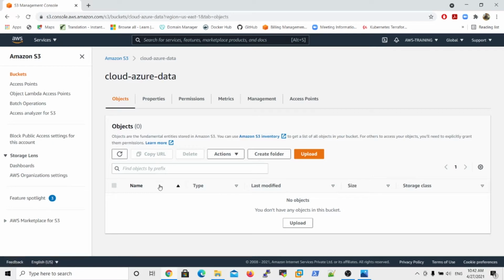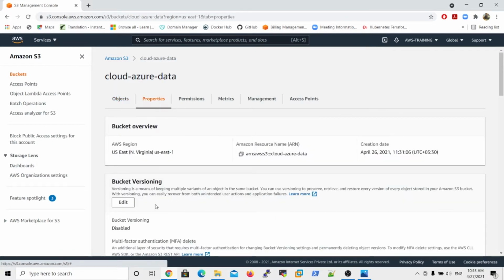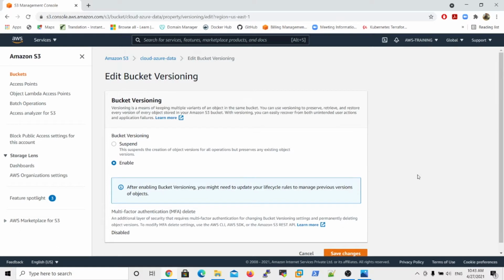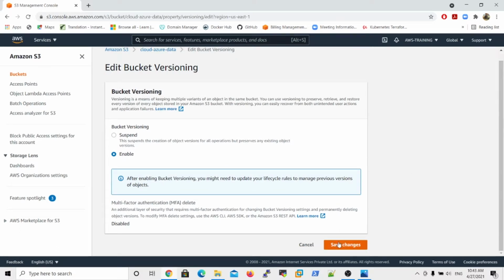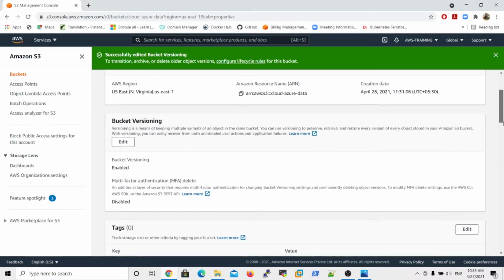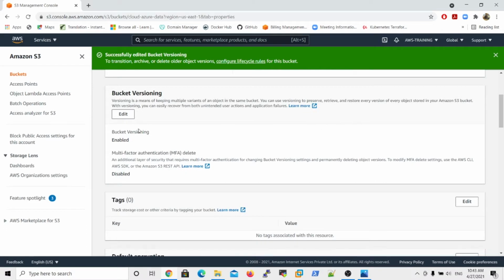In the cloud Azure data bucket, under properties, the bucket versioning is disabled. Click edit bucket versioning, enable the versioning option, and then save changes. Now my bucket versioning feature is enabled.